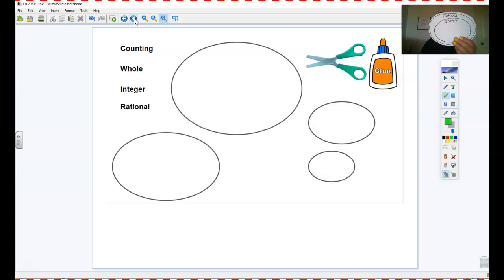Then next would be the whole numbers, because all of the whole numbers are integers. All whole numbers are integers, so I need to go ahead and put the whole numbers inside of the integers. Oops, that's kind of hard. Like that. And then inside of the whole numbers, we still have the counting numbers. So the counting numbers are the ones that get real specific, right? So we're going from very specific